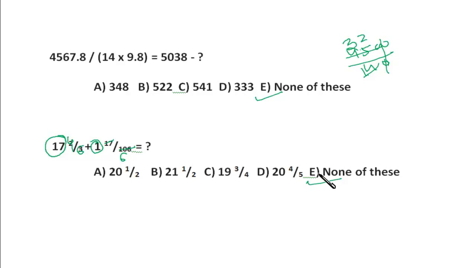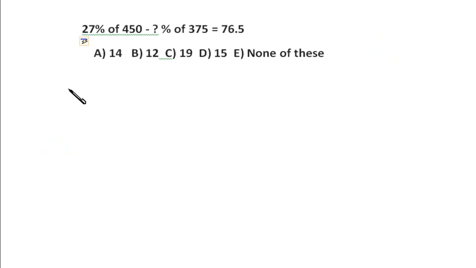Okay, let's take the third one. Even in this question, friends, approximation can be done, right? See, 27% of 450: remove the percentage sign, put a multiplication sign, and put a decimal over here. Similarly, instead of this percentage sign, I'll put a decimal over here, right? Now it is 27 into 4.5. 27 twos are 54, 54 twos are 108, and half of 27 is 13.5. So it is 121.5, right?